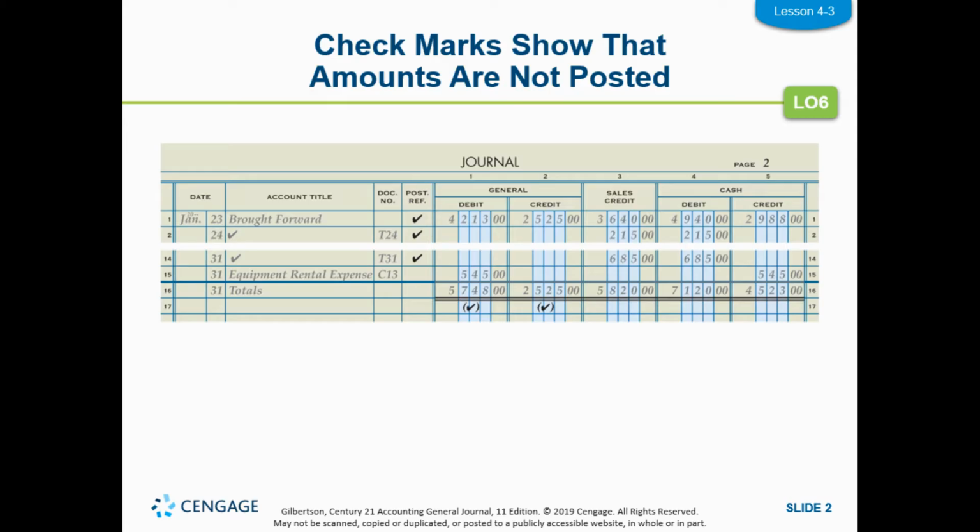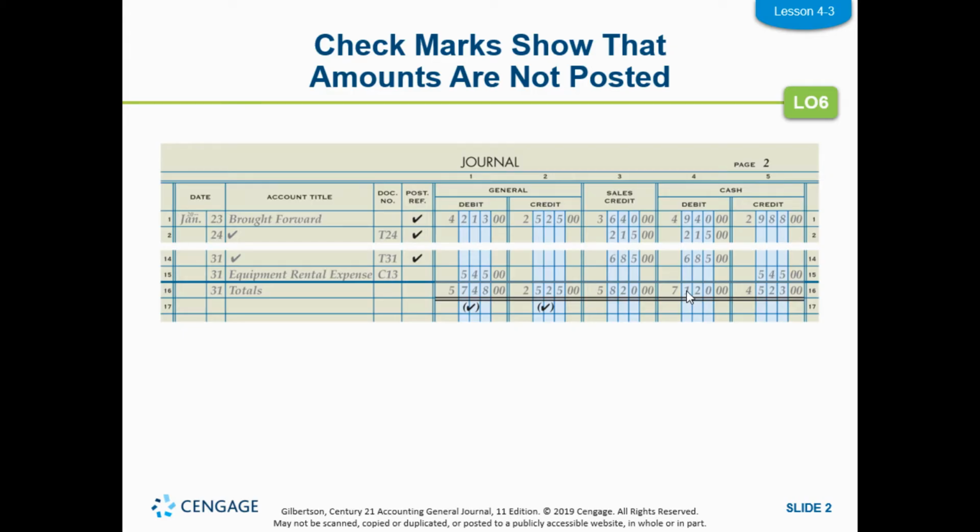We're going to go through this process of posting our various columns. Of course, the first thing we need to make sure of is, do our debits equal our credits? We've got general debit and credit, sales credit, cash debit and credit. Now, if I was to come up here, I would go, okay, in my mind, what are my debits? I could write this out or use a calculator, but I'm not going to do that. I've got debits of 57.48, I've got debits of 71.20, and if my math is correct, I've got